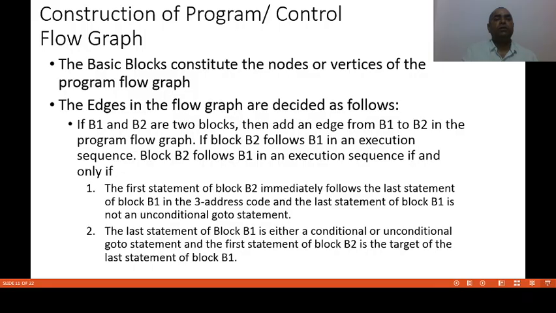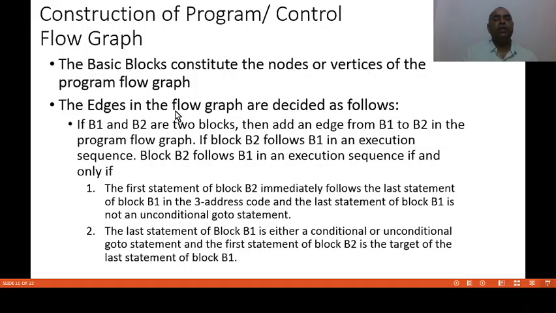Now, construction of the program or control flow graph. You know that in a graph, if we are constructing any graph, there will be nodes and edges. The basic blocks constitute the nodes or vertices of the program flow graph. That means the basic blocks that are present in the program become the nodes in the program flow graph.